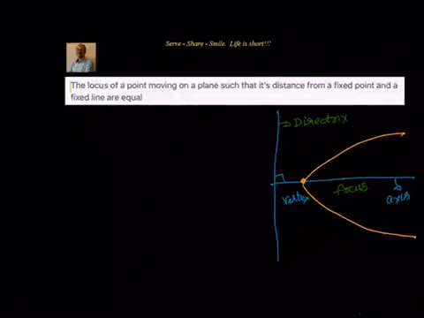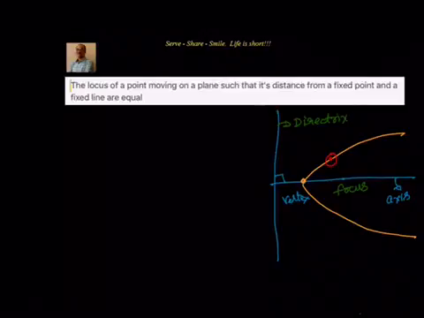In this session, we'll try to understand about parabola and also we'll derive the standard form of parabola. First, let's understand what a parabola is. Suppose we have points which are at equal distance from a fixed point and a fixed line. Suppose there is a point. This particular point is at equal distance from a fixed point and a fixed line.